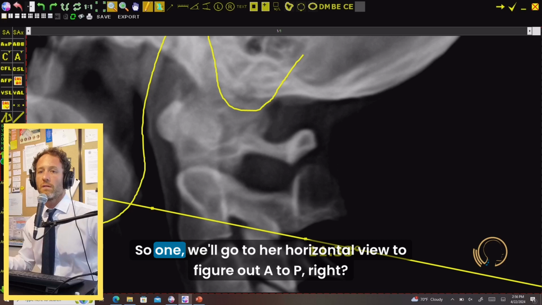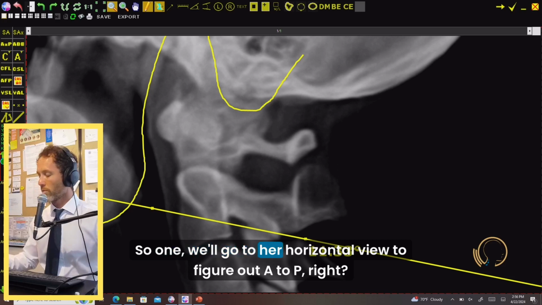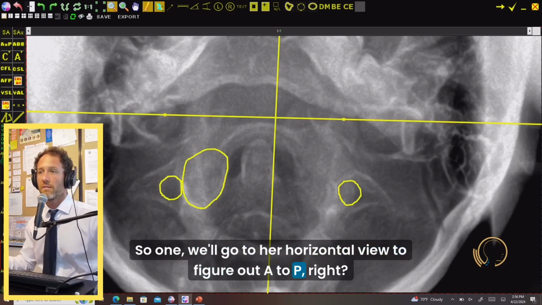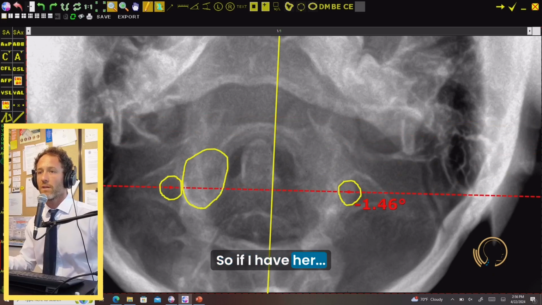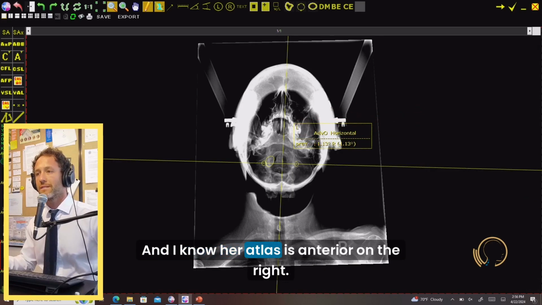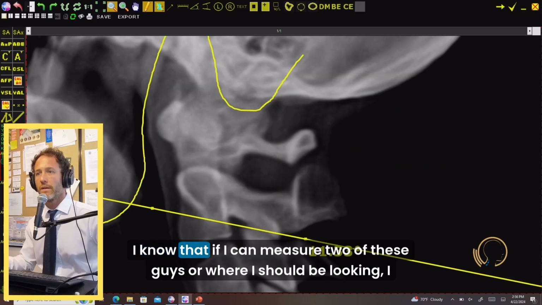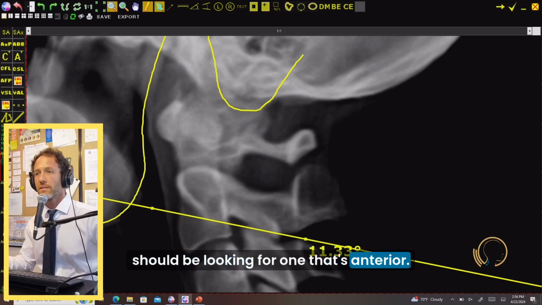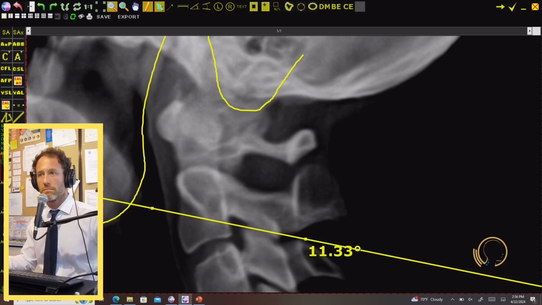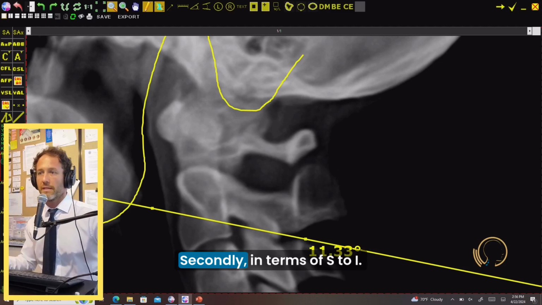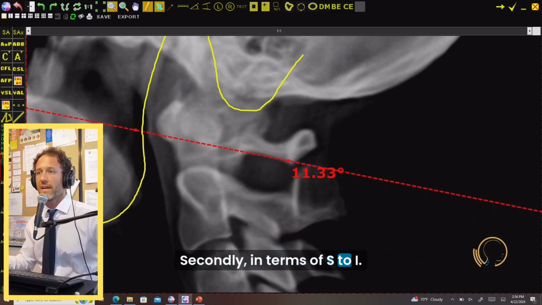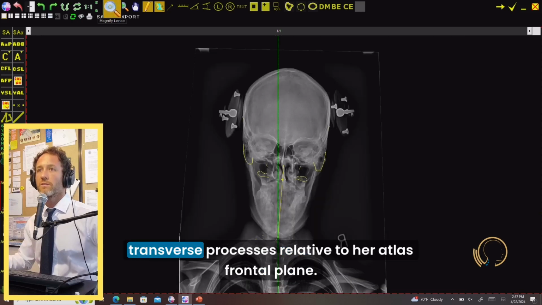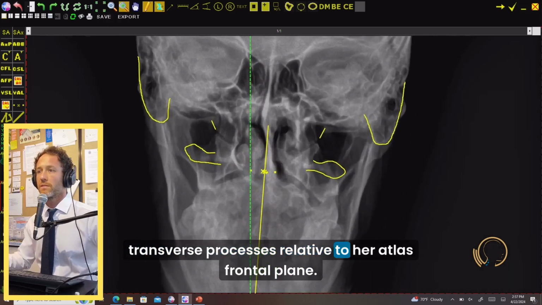So first, we'll go to her horizontal view to figure out A to P, right? If I have her measurement and I know her atlas is anterior on the right, okay, I know that if I can measure two of these, I should be looking for the one that's anterior. Okay? Makes sense. Secondly, in terms of S to I, where are her transverse processes relative to her atlas frontal